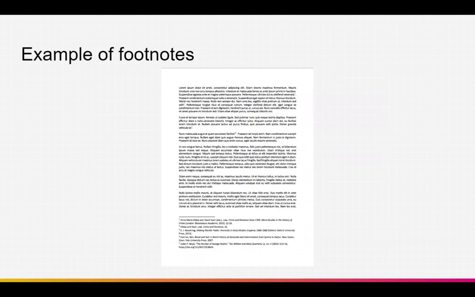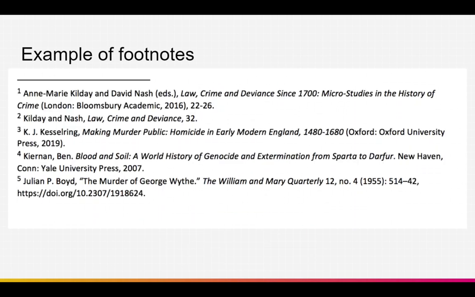This is a brief example of what footnotes look like from an outer view. You can see that there's a document, and at the bottom or foot of this document, there are a number of footnotes or citations. Here's a zoomed in version of what that looks like. You can see that there are numbers along the side, and you have the information, which we will go in depth in other videos. And you'll also notice that the footnotes are generally arranged in the order that they are cited.